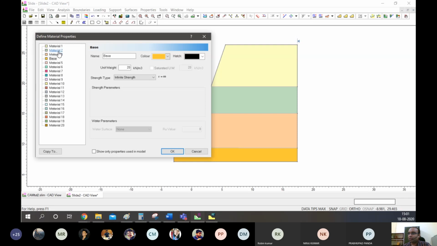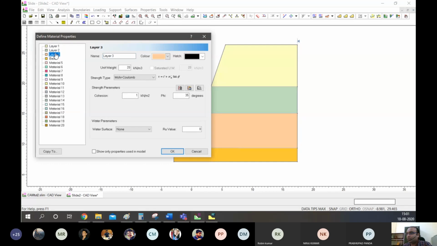So that is done. Now material one is the top layer, right? Yeah, layer one. Material two is layer two, and material three is layer three. As we go from top to bottom, the compaction will increase, right?